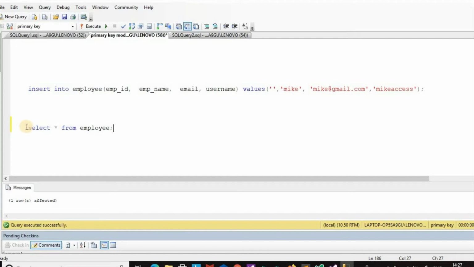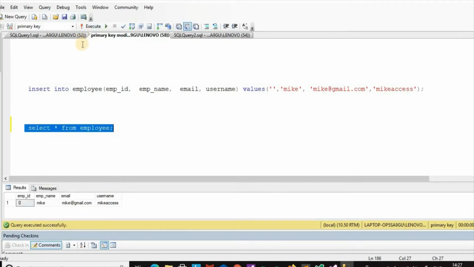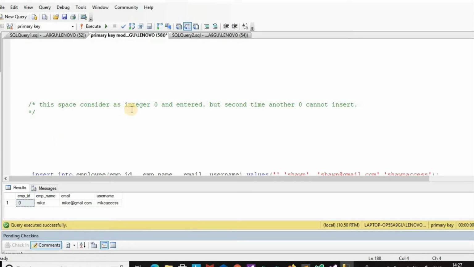You can see here EMP ID. Here is a space, but the column is integer, so that space is considered as zero, as empty, and zero is inserted as the primary key. So instead of the space, zero is inserted, but a second time another zero cannot be inserted.